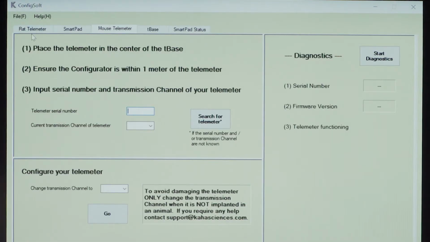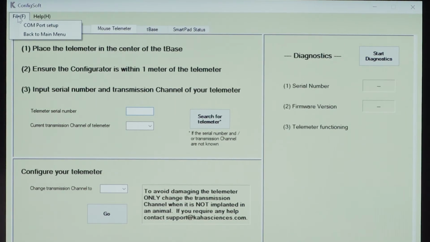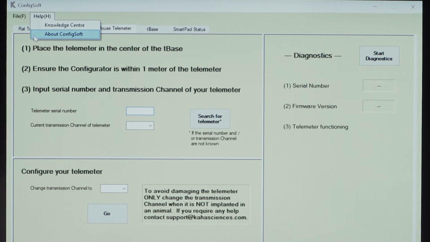Again, they correspond to the same as the buttons on the home screen. Rack telemeter, SmartPad, mouse telemeter, T-Base, and then the SmartPad status light information is also here. Under File, you've got options if you need to change the COM port setup, but that's very rarely needed, and you can also go back to the main menu if needed. And then if you need to know the version of your ConfigSoft, it's available under the Help menu.